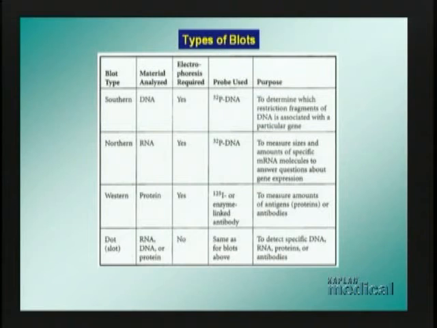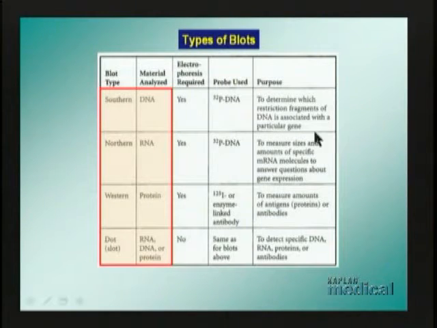In this next figure here are the types of blots that are used for detecting DNA, RNA, or proteins. And the names shown here on the left of this table are very important. You need to know the difference between a Southern blot, Northern blot, Western blot, and what a dot blot is. And so on the USMLE, if you see the word Southern blot, what that's telling you